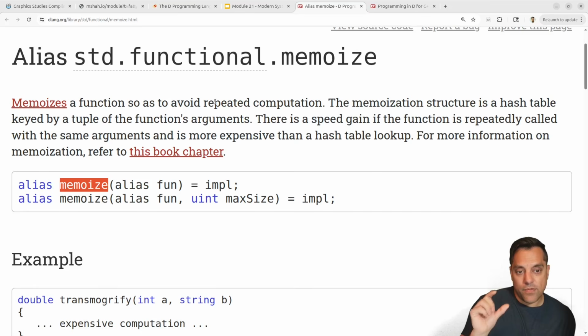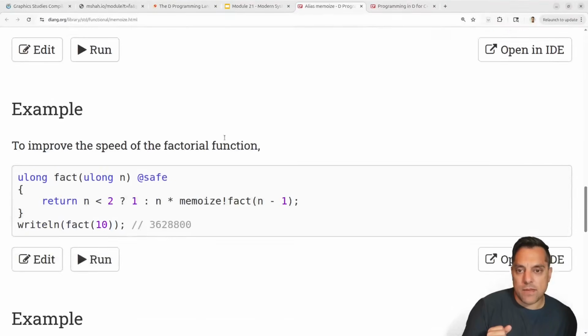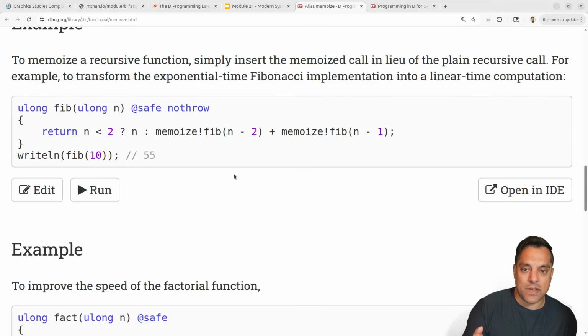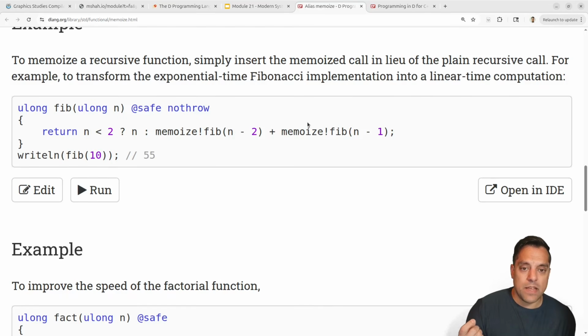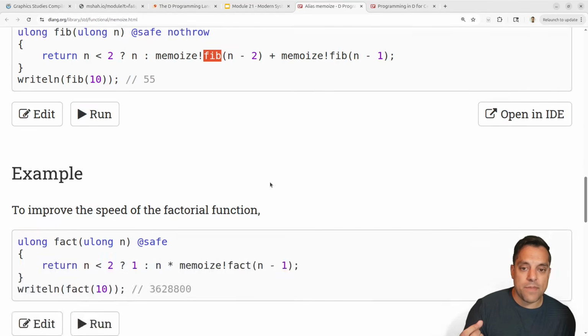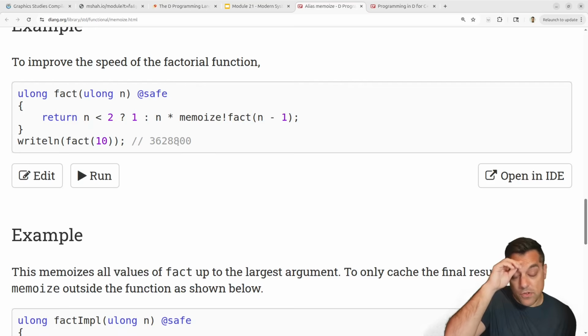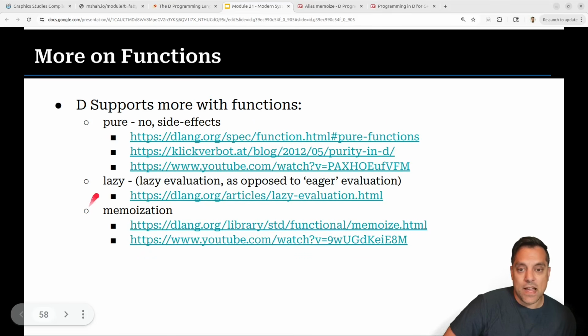So you can see a function with a particular set of inputs, just record what that is. So if I have an add function with 2 and 7, run it, memoize it, which is basically like save that value, and give me 9 back. 2 plus 7 is 9, an add function. I don't know if they have an example here. They do the kind of classic thing with the Fibonacci sequence, but this is how it could look like in D. You could write your own table in your storage if you want, but basically this is just memoizing internally within this function fib here all the values here, right? And then you can compute larger values much faster. Okay, so anyways, those are some things that are built in functional style things for performance.